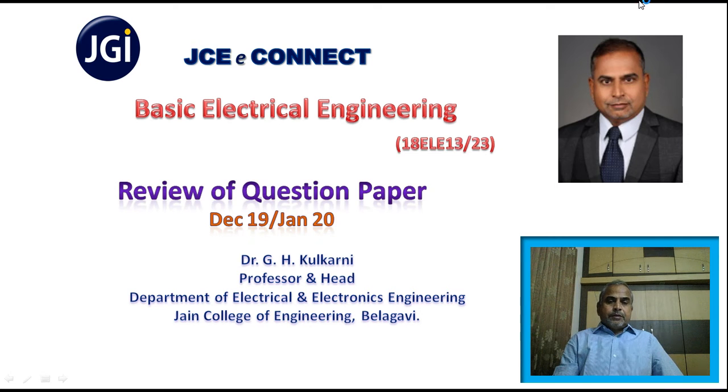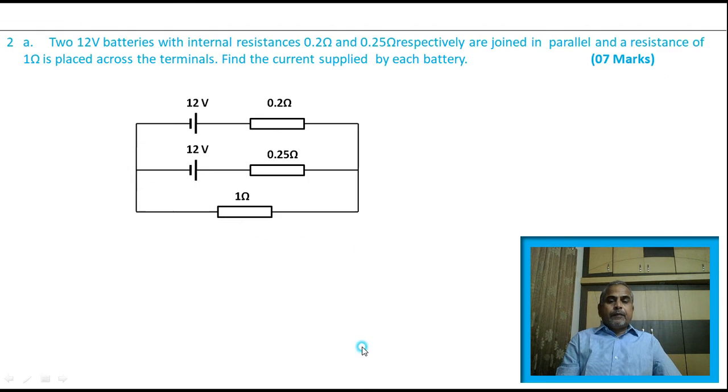Dear students, continuing with the review of question paper December 19, January 20, today we will discuss module number 1, question number 2. The question number 2a problem statement: what he asked is, two 12-volt batteries with an internal resistance of 0.2 ohm